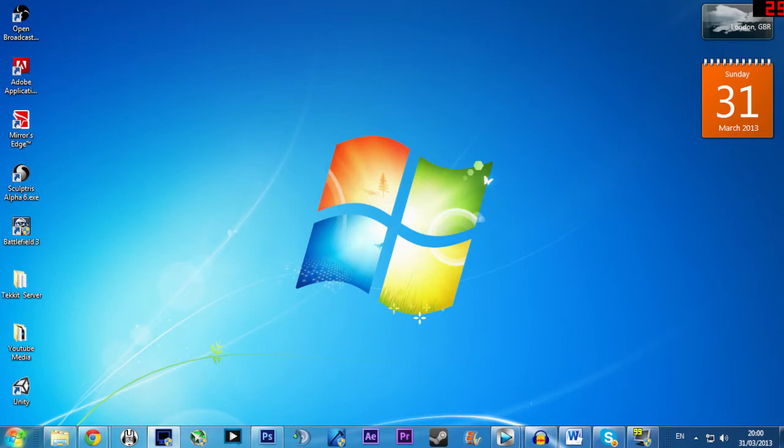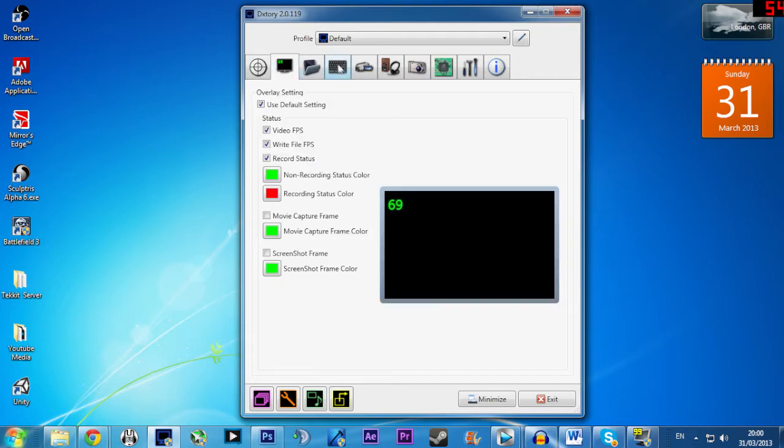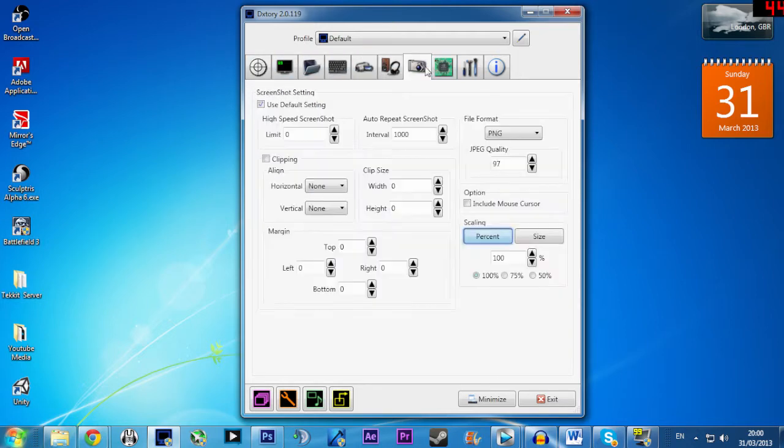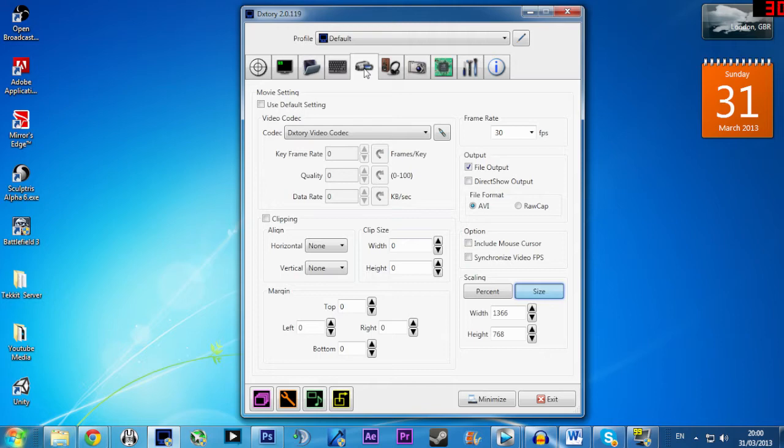Today I'm going to show you how you can set up Dxtory to get the best recording quality for your videos. As you can see, this is Dxtory. You have multiple tabs across the top, which I'll explain later on, but first you want to click on the video camera icon. Here you'll see lots of different settings, but for recording purposes there are only a few we